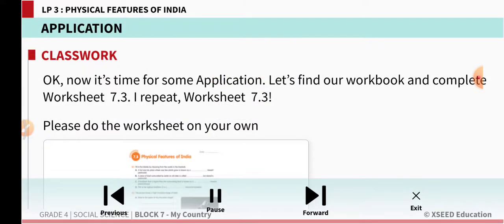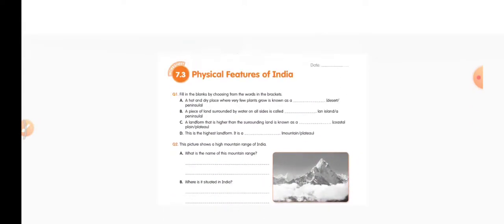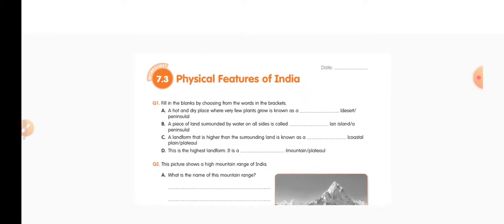Now, the physical features of India. Okay, put today's date and answer these questions. What are the physical features? Fill in the blanks by choosing from the words in the brackets. A. So what is